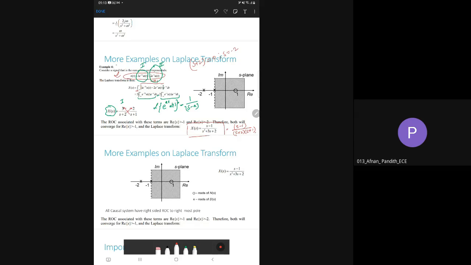So अब अगर इसका region of convergence देखेंगे, region of convergence is always decided by the poles. And I said yesterday also, if you have two poles, then the rightmost pole will decide the region of convergence. ठीक है, तो इसमें एक पोल तो यहाँ है -2 पे, और एक पोल है -1 पे। इसका रीजन ऑफ कन्वर्जेंस जो राइट मोस्ट पोल है वहां से स्टार्ट होगा। ओके, वहां से स्टार्ट होगा।